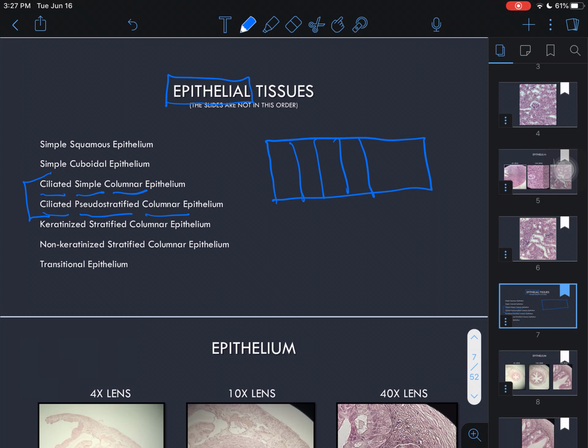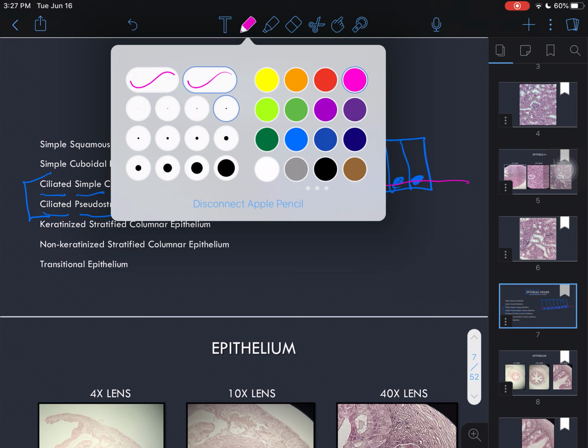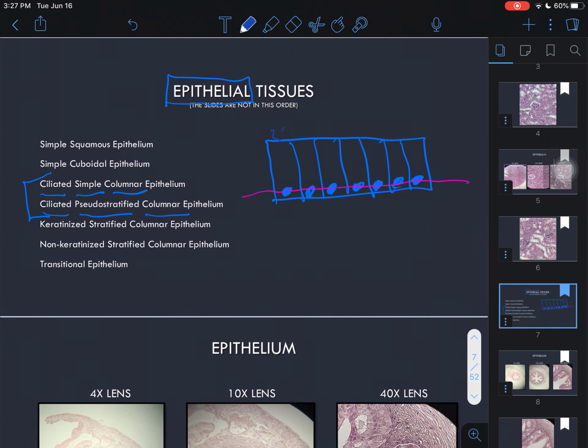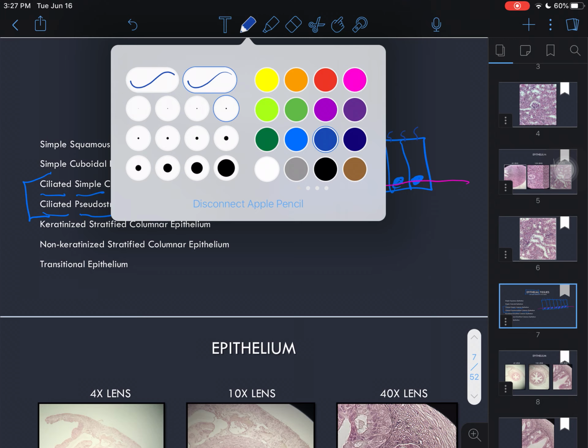Simple means that there is one layer. And in simple columnar epithelium, all of our nuclei tend to hang out down here at the bottom, which allows us to draw almost a straight line through them, right? And then there will be cilia hanging out up here on the top. Cilia, right, are basically hair-like protrusions, and these are going to be on both of these